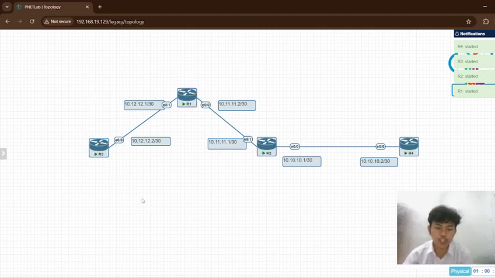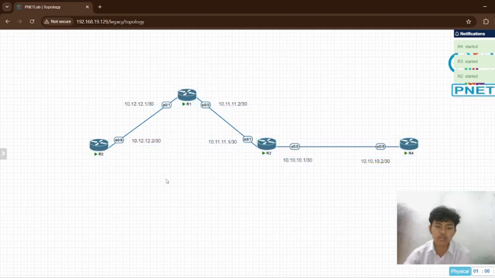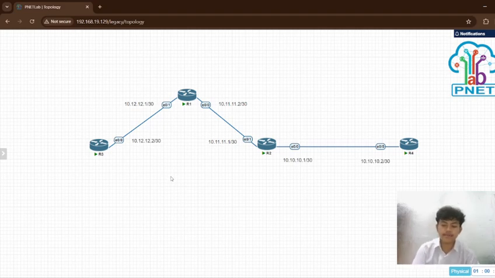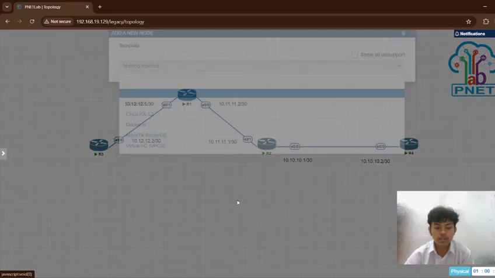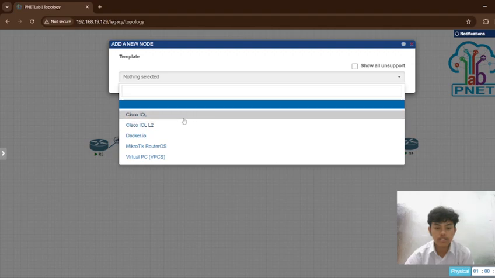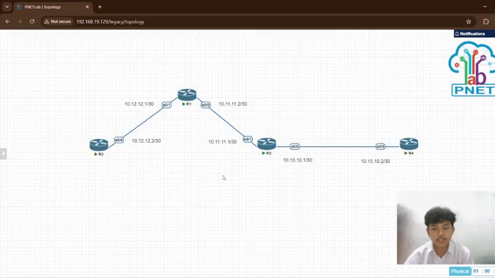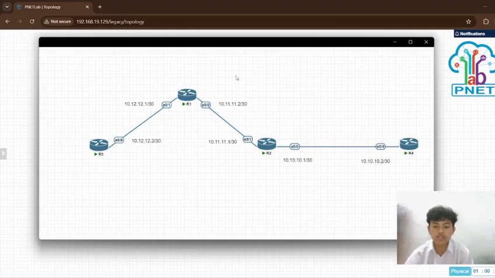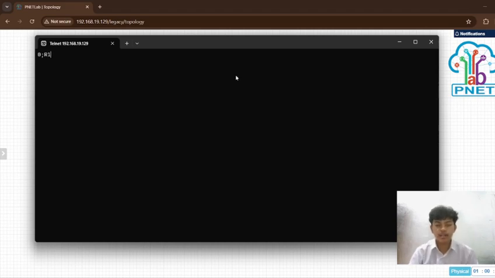The routers are Cisco nodes; add the Cisco image node in the PNETLab, and I will start with R1, router 1.